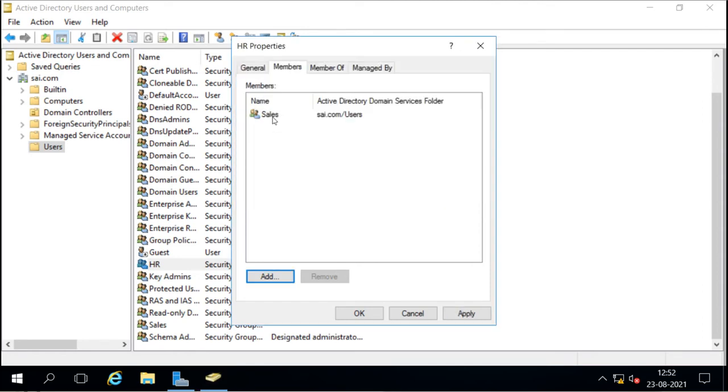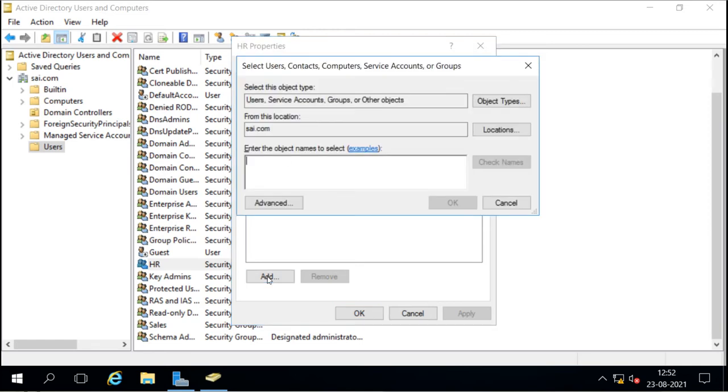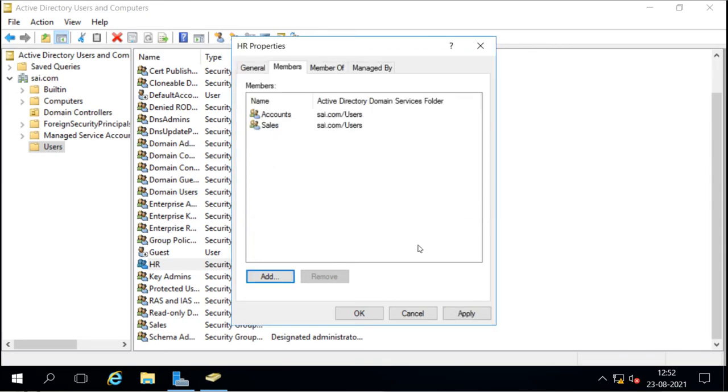Now Sales is a member of this domain local group. Sales is our global group, and it is now a member of this domain local group. Now we can add a universal group also. A universal group can also be a member of this domain local group.